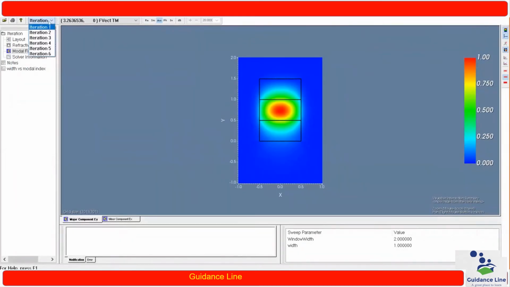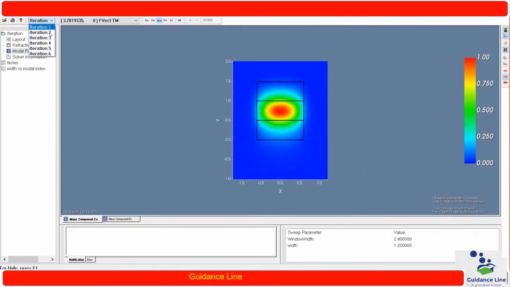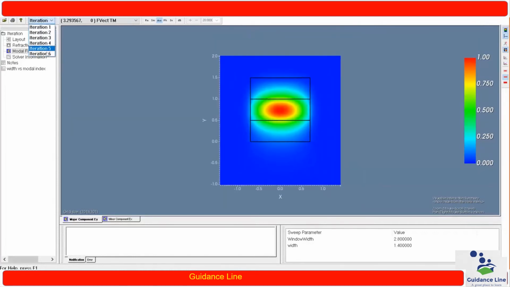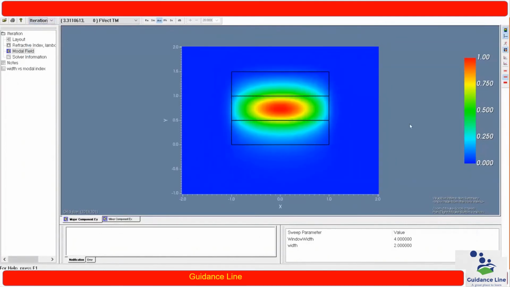Suppose it is iteration 1, then we have iteration 2, 3. Okay, for all the different values of waveguide width we have values over here. Okay, and we can also select the TM and TE mode over here. So you can see how easily we can perform a modal analysis.